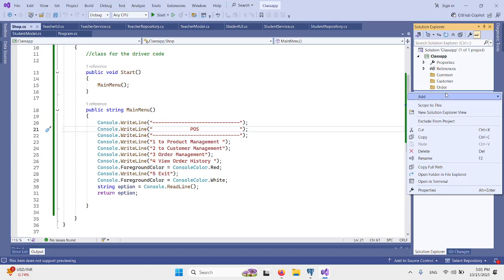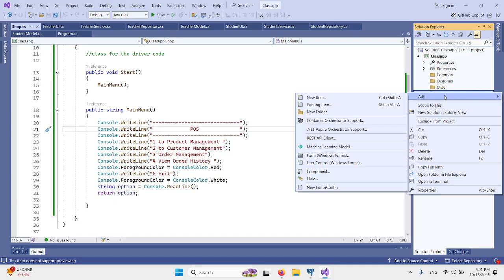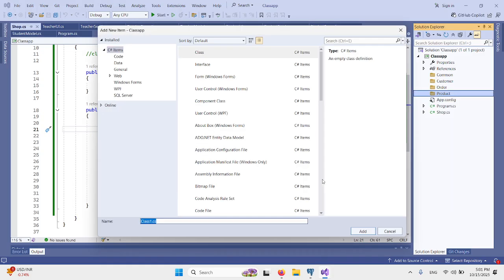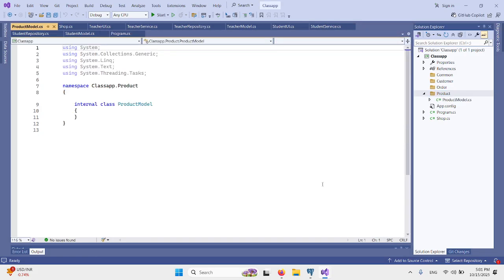So for customer, how many classes we will create? 4. Okay, the first class is product model. Product. Okay, no, we will not make the file helper class in this common folder. No, file helper class is not responsible for all types of files. Yes, we can write some helping functions that are common to all files, but this repository class will only deal with the file for this product.